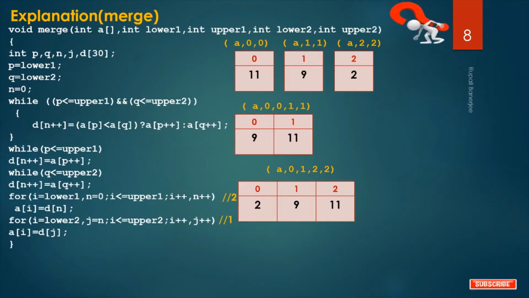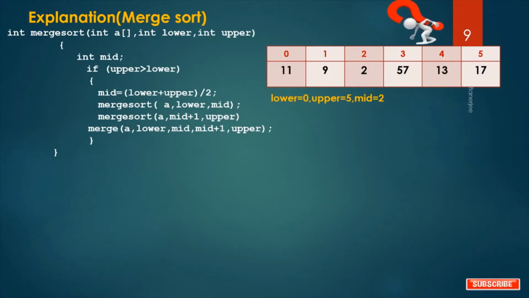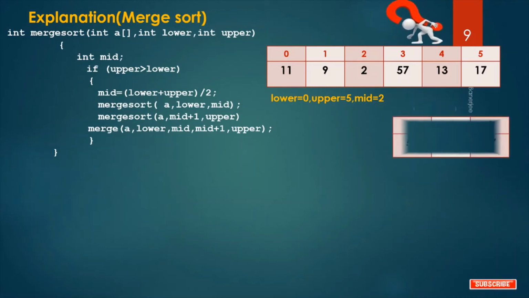And now for the right portion of this array. We already discussed how the merge sort function works for the left part of the array. First we divide the array into two parts, get the left part, divide it again, divide it again. In this way we get single parts and then merge them again and get the sorted merged left part of the array. Now it's time to do the right part. So what is the right part?